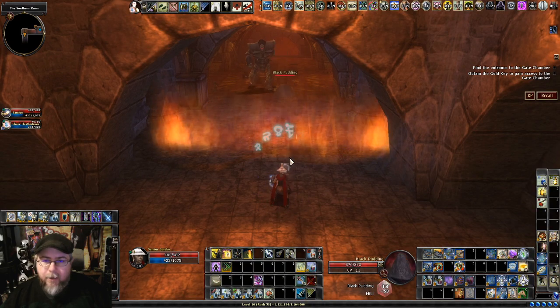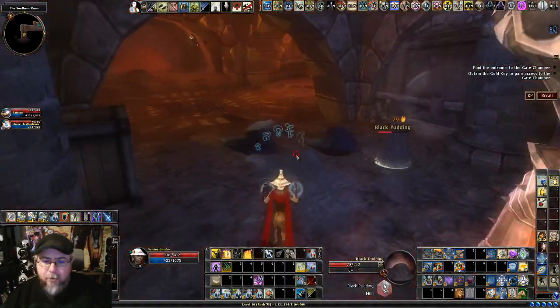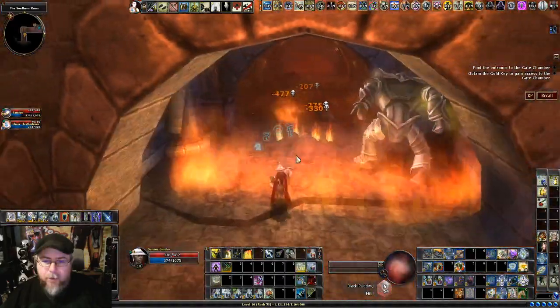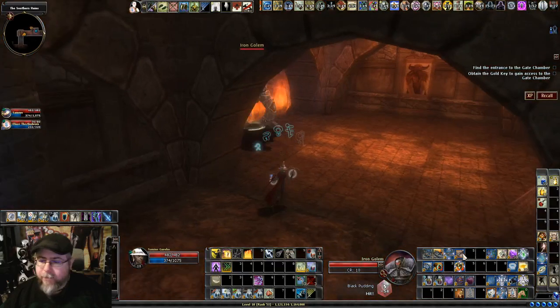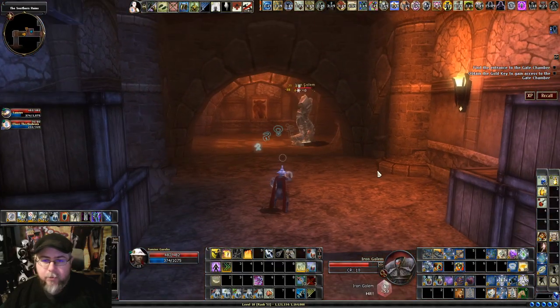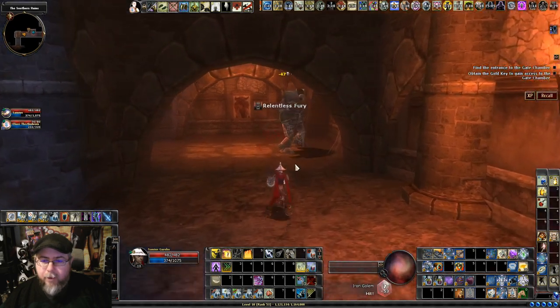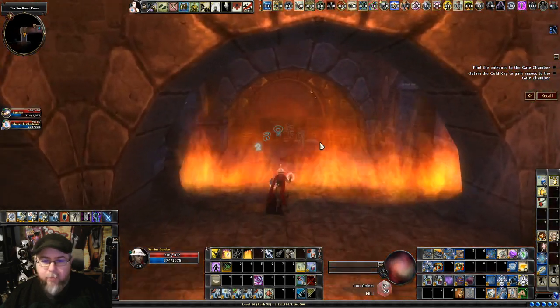Alright, we're not going to fight the Iron Golem yet. We're going to fight him last, essentially, and get all these things that do take fire damage first, and then we'll switch rune arms. But if you need a bigger potion, obviously you have to go through